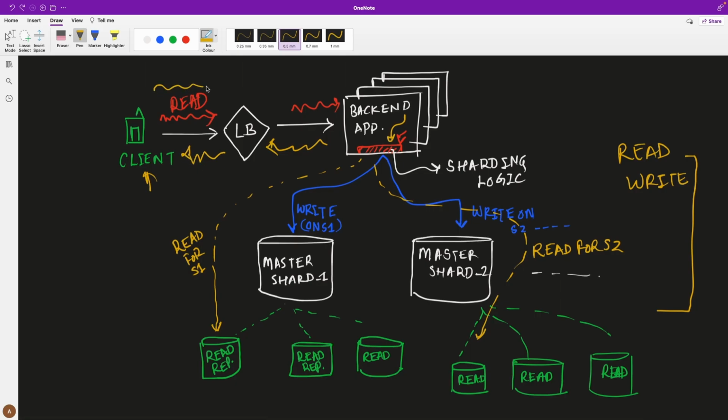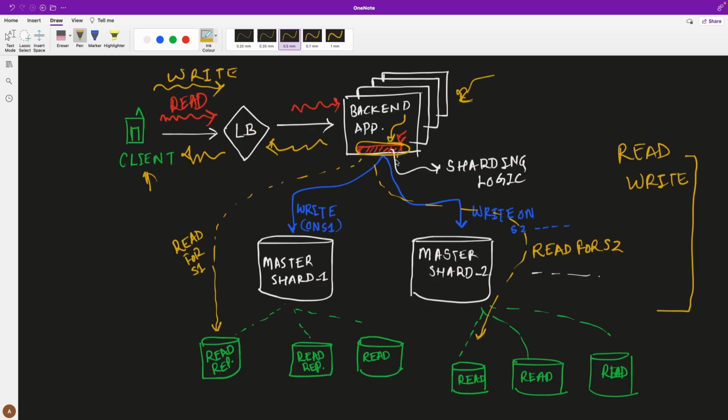And let's say when the user is trying to write some data, say they want to change their profile name or something like this, right? The request again goes to your load balancer, which picks a particular instance, and then this instance will decide, okay, because of this logic we will be able to figure out which shard is responsible for this piece of data, right?